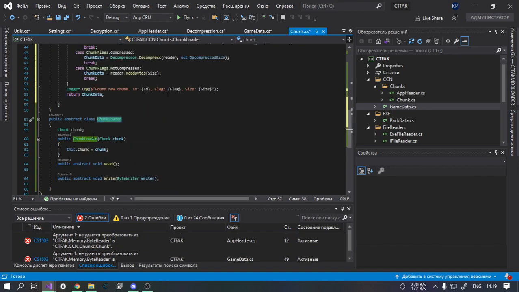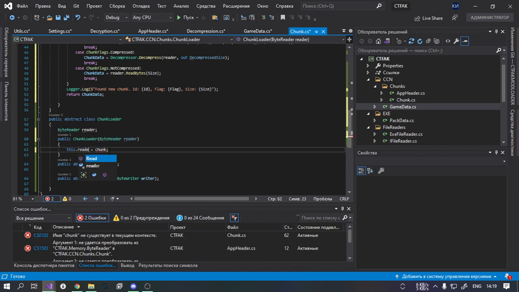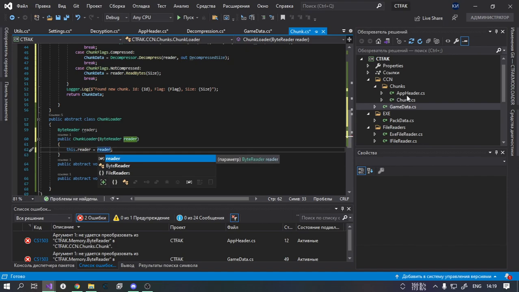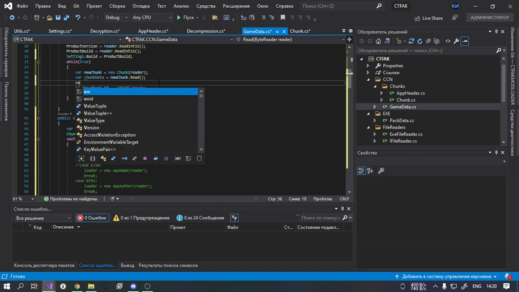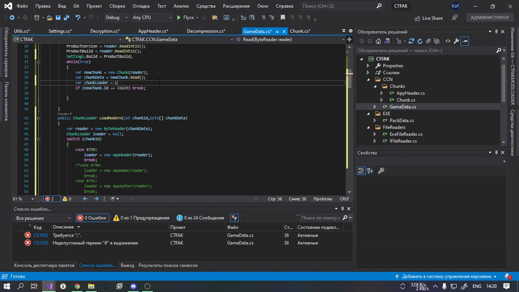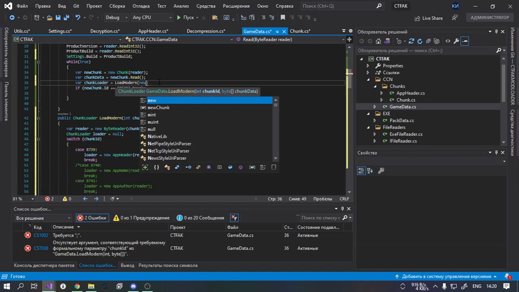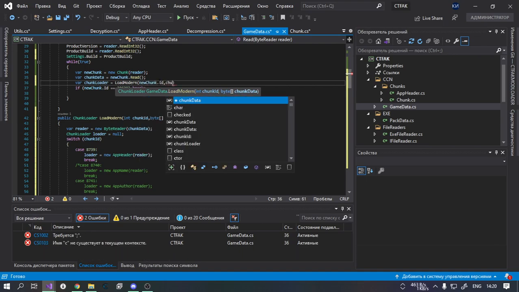And I also have to do it inside the base class. Oh, not that. Here, because we don't really need to know which chunk we are loading because, I don't know how to explain. We got the R type, which can be the wrong chunk, so if it's app header, then we are definitely loading the app header chunk. And here we are just gonna do chunk loader equals load modern, new chunk dot id and the chunk data